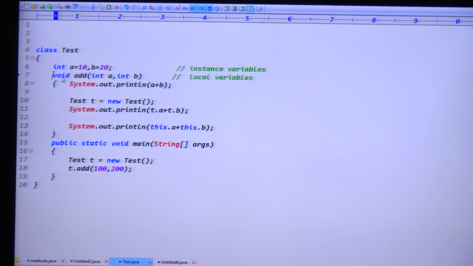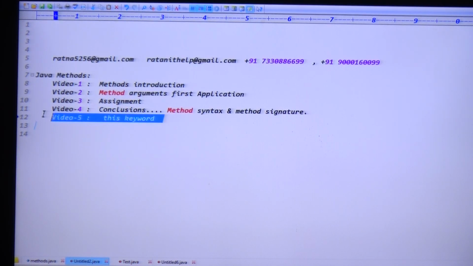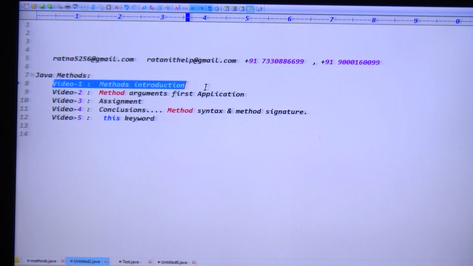This is representing the current class object, used where you need the current class object. See guys, at application level also they go for the this keyword. Maybe instead of creating a current class object, he is passing this keyword. Clarity is important, guys. Two things are very important: try to get clarity about the subject and try to do self-analysis. Self-analysis means we are discussing methods. How many videos do we have in total? This is the 50th video. In every video we are getting some knowledge, right? That knowledge is important, guys.